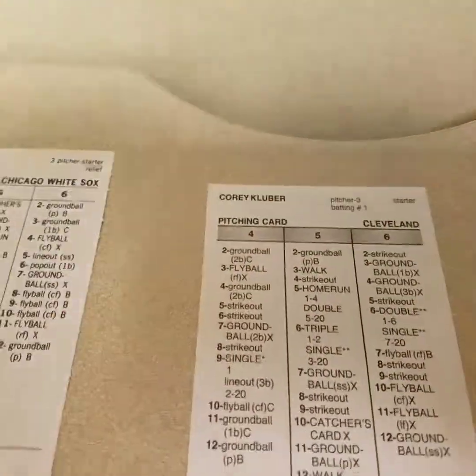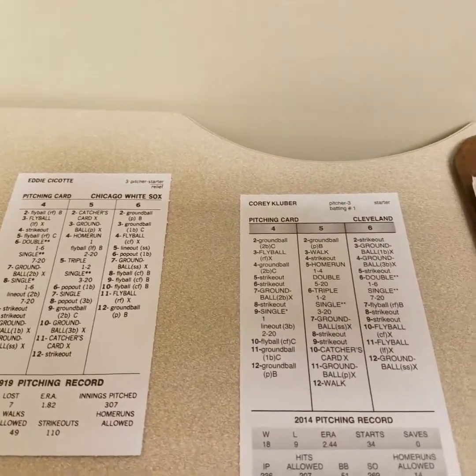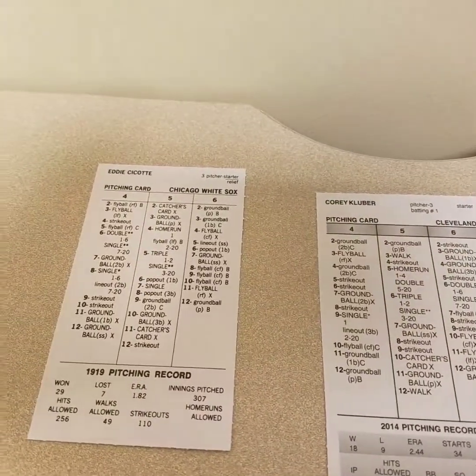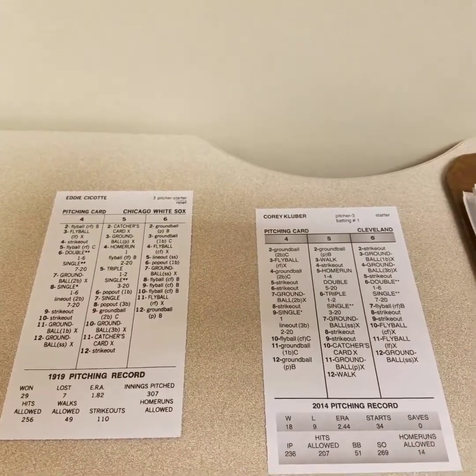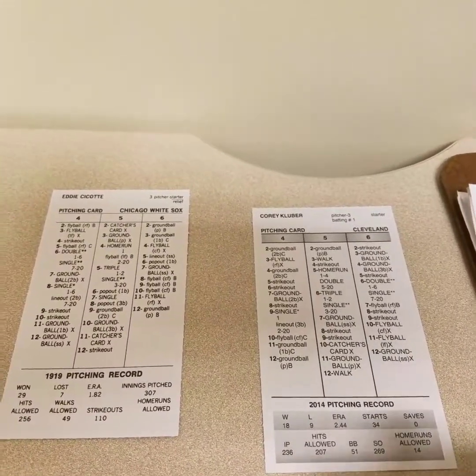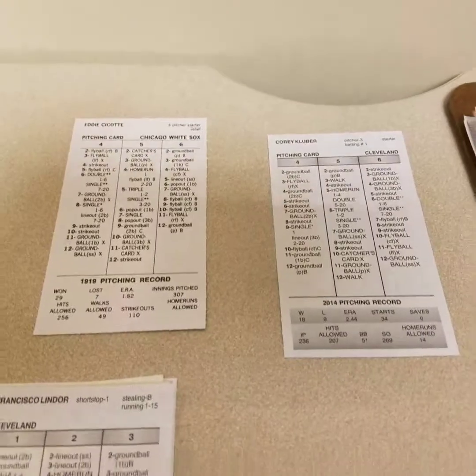And that is a 4-4 against Kluber. Ground ball to second, that's handled by Mr. Carlos Baerga, and the inning is over. So 1-2-3 first inning for the White Sox. And we go to the bottom of the first.